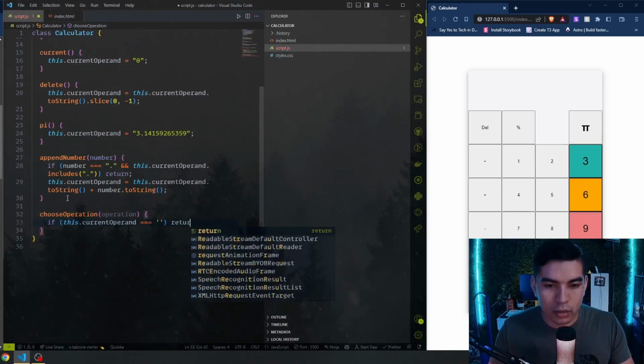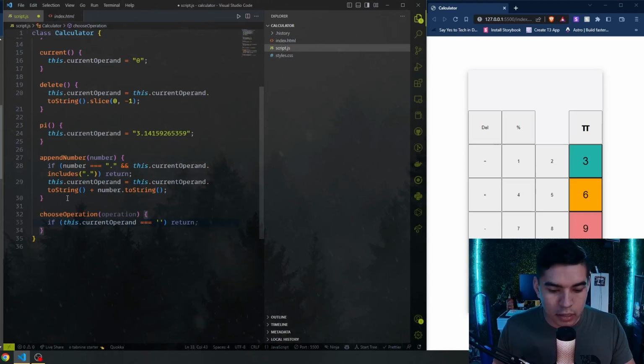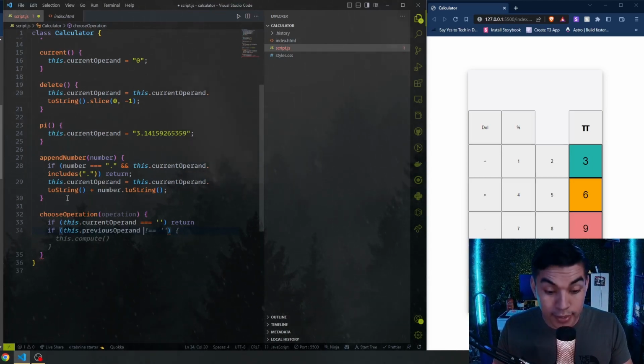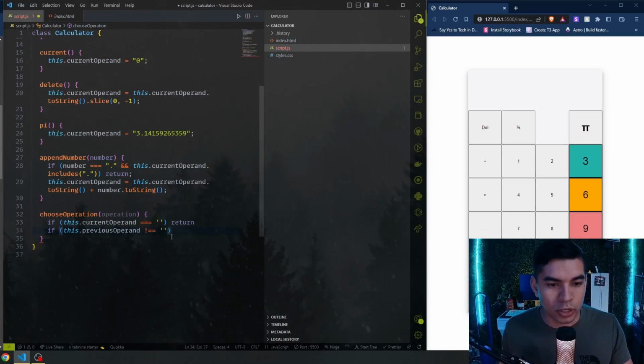And then we say return. Okay, sometimes my buttons aren't working here. So say if this dot previous operand is not equal to, right? In JavaScript, the exclamation point refers to is not, usually the opposite of equal to. So it's not equal to string, right? It's saying if this current operand is equal to string, return it. If not, then we want this to